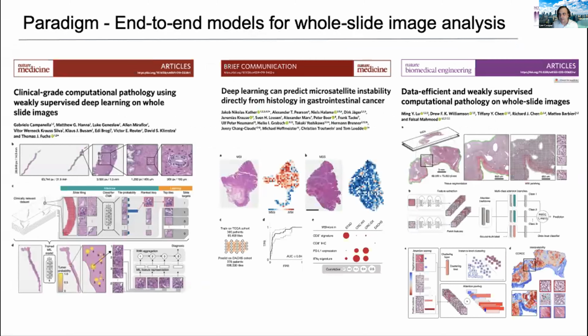So one of the paradigms is what we would call end-to-end models for whole slide image analysis. So this is like the two papers I mentioned before, where you have slide level labels like cancer diagnosis, yes or no, or mutation status. And then you consume these massive images and learn and make some predictions by consuming billions of pixels for each sample. These are really powerful models. That's really exciting. It really follows the deep learning paradigm of raw data in and predictions out. It's just like pure machine learning.